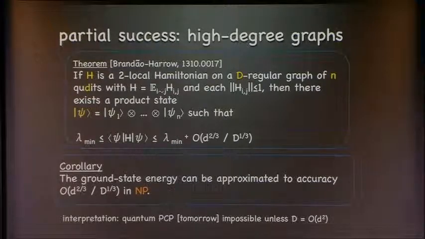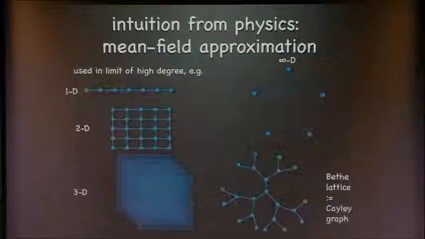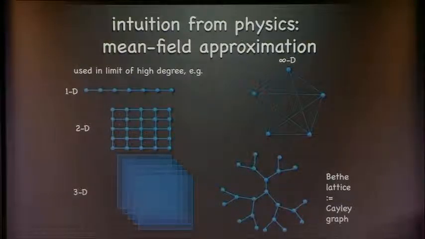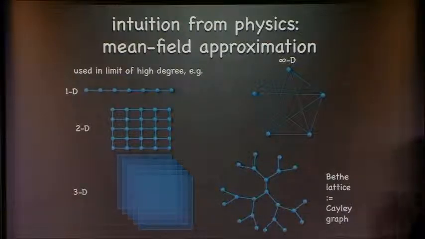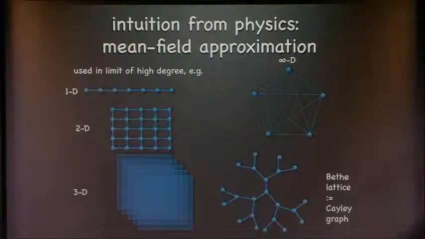This is, of course, quite different from the classical case, where classical PCPs are perfectly happy to have very large degree. And the intuition: I've told this result to physicists who have told me that it's been long known. And then when you push on it, they say, well, actually, I guess the proofs from long ago proved it in some very special case. But it is an intuition from physics that there's something called the mean field approximation that applies as the degree of your interaction gets higher.